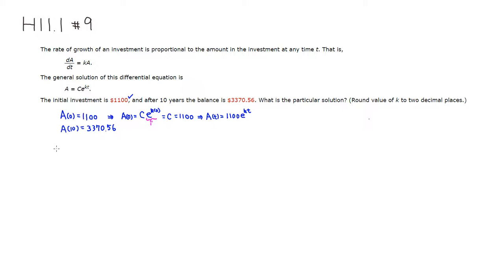Now use the second piece of information. If you plug in t equals 10, we already have 1,100 in front, then you have e to the k times 10, and this is going to be equal to 3,370.56. Then we just have to solve this equation for k. I'm going to divide through by 1,100, so we have e to the 10k, and this is going to be equal to